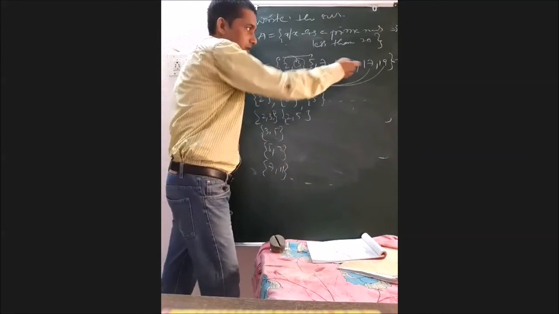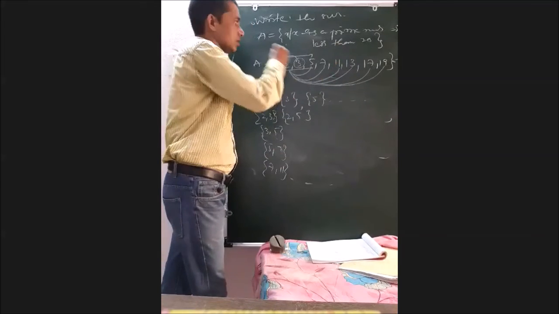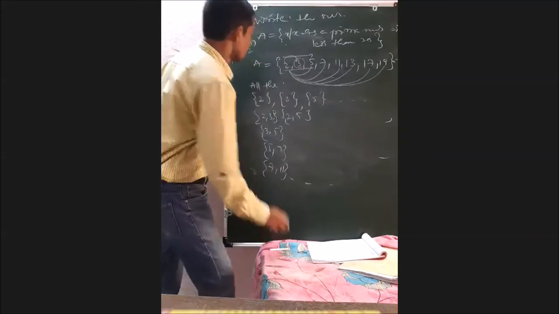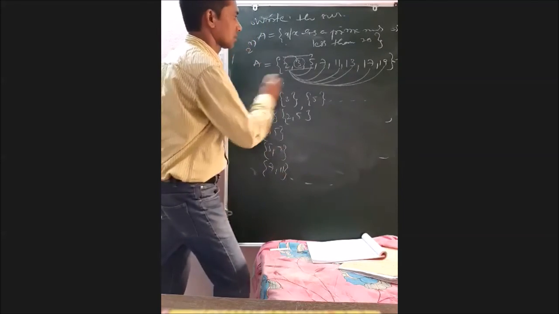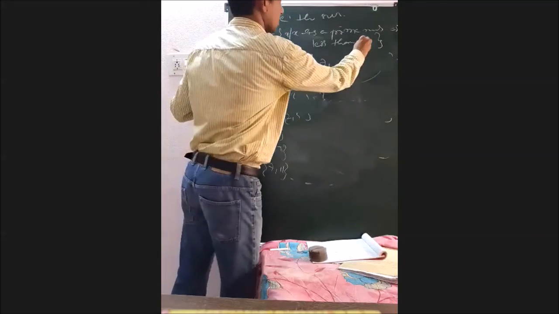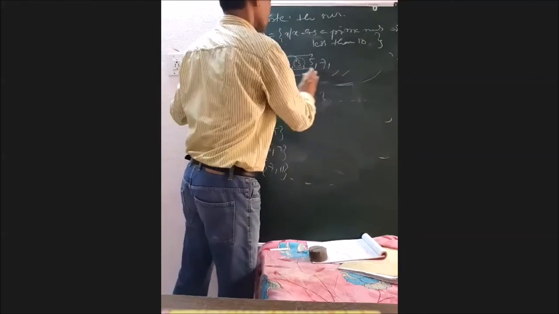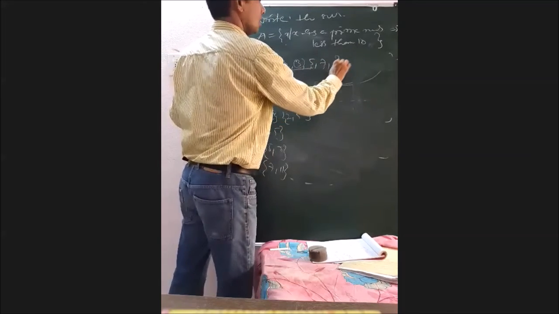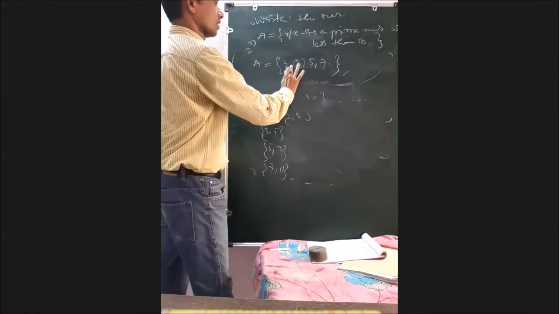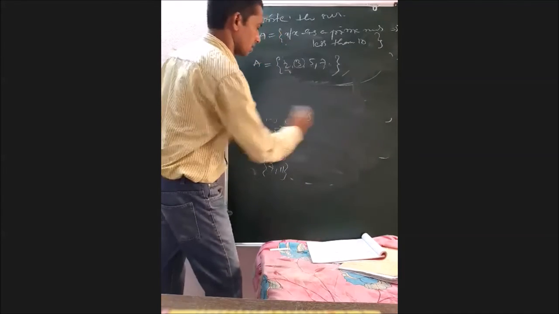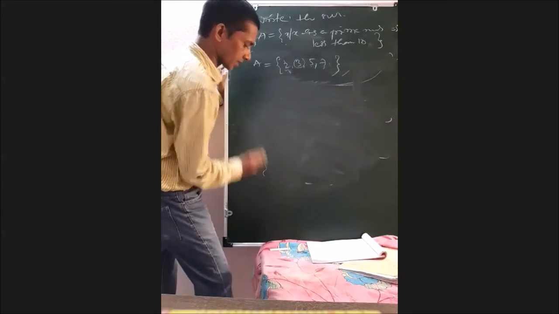If I take many numbers, you will be getting 2 to the power of n subsets. Okay. Again, you have to remember here, suppose I take the limit as less than 10. So these are all the prime numbers less than 10: 2, 3, 5, 7. Now, if I put a limit for a slightly bigger number, how many subsets can I write?